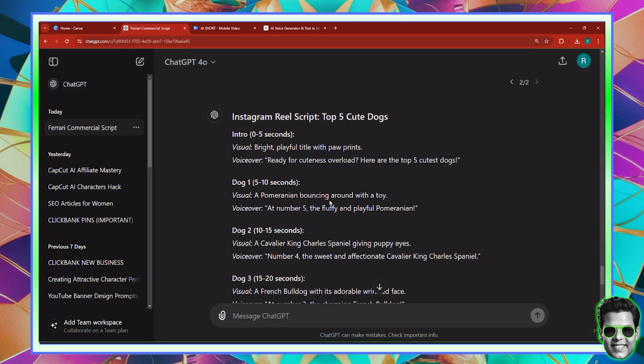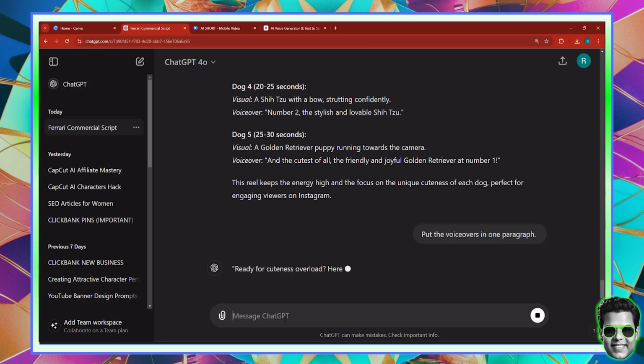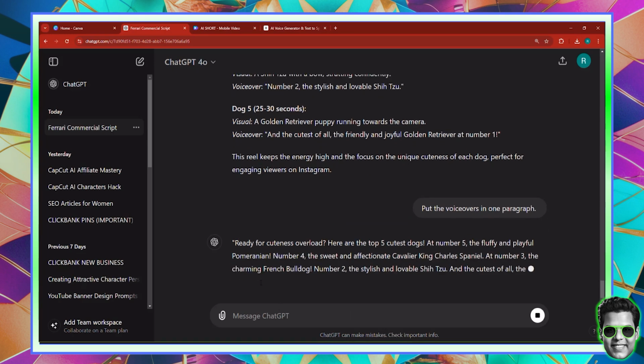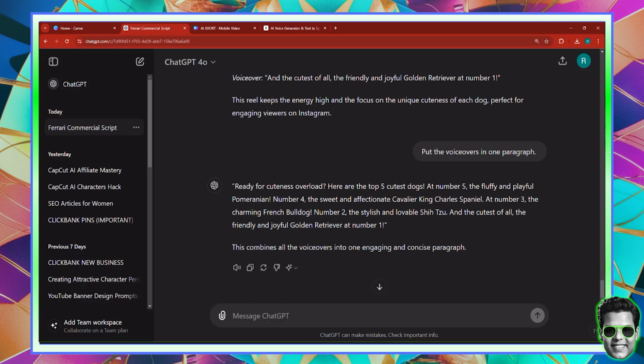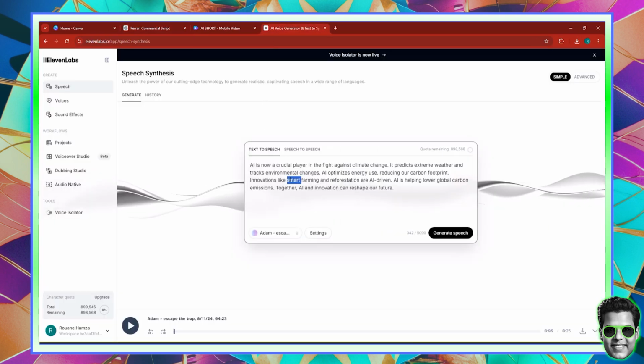So I'm going to start off by generating the voiceover. I'm going to ask it, put the voiceovers in one paragraph, and hit enter, in which case it's going to put all the voiceovers in one paragraph. And I can then just go ahead and copy these voiceovers like this. I'm going to copy, and I'm going to go back to 11 Labs, double click, paste my voiceovers and hit